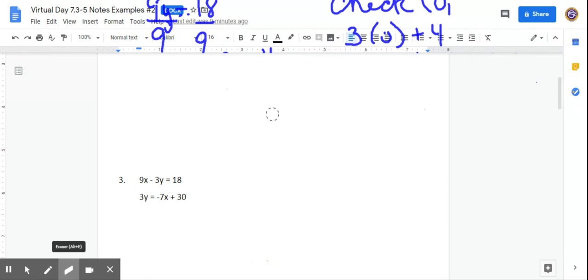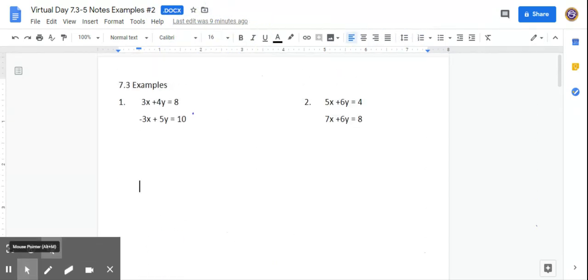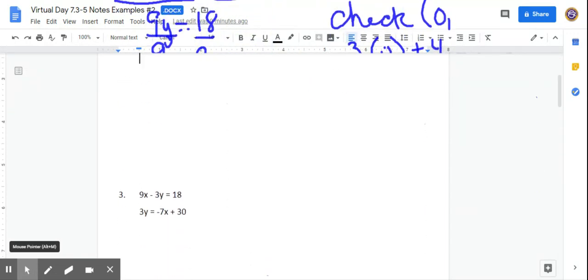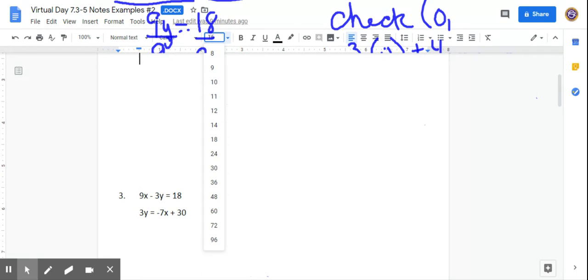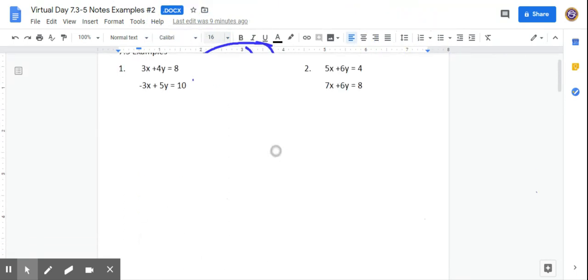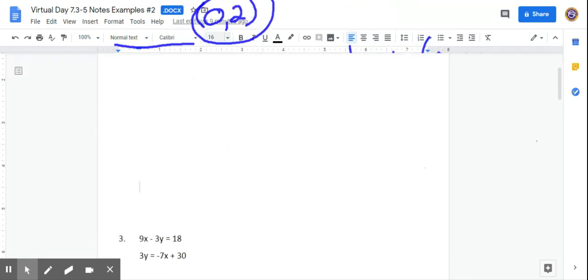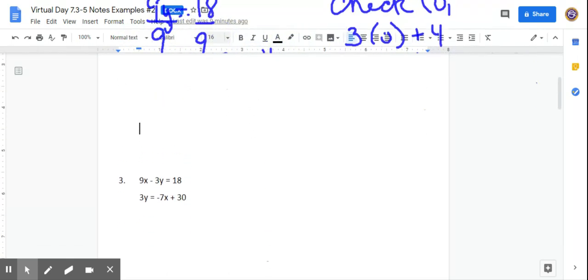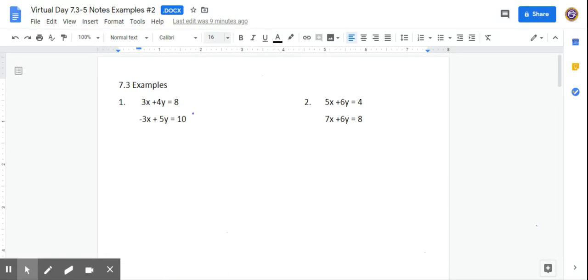You need the variables to be opposites of one another. Okay? I don't know how to erase that. That's just weird. But anyways, go over here. You want 6y and you want a negative 6y. Well, if you want a negative 6y, then you're going to have to multiply one of those equations by negative